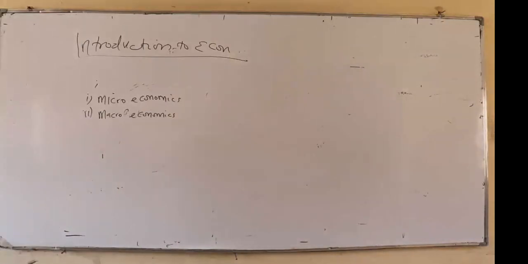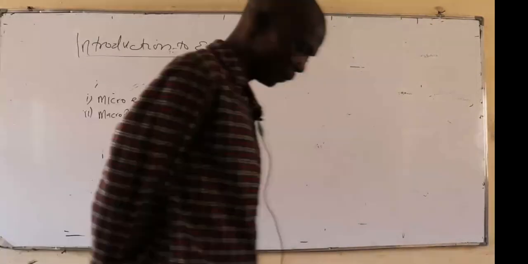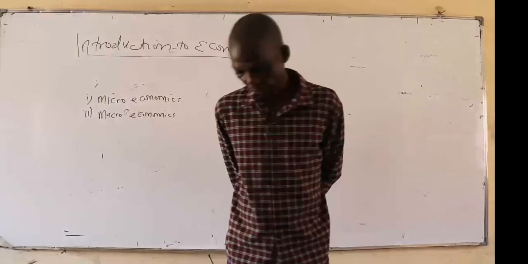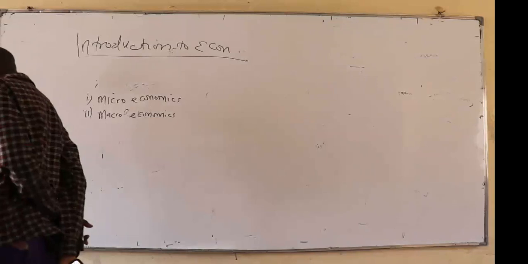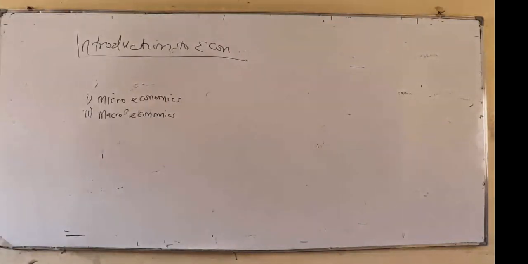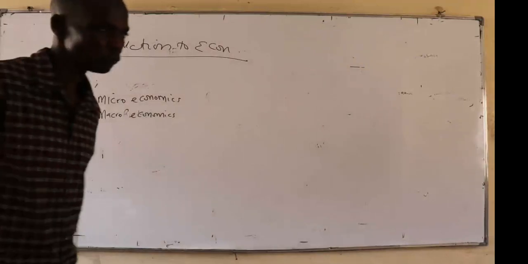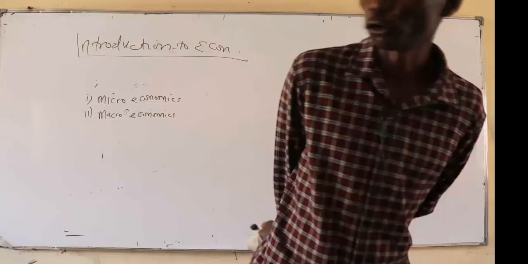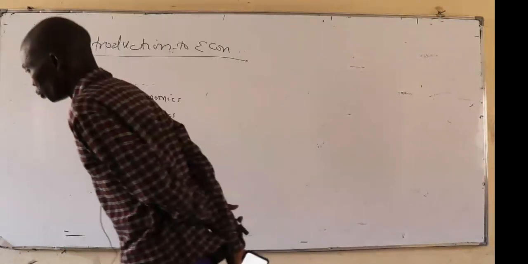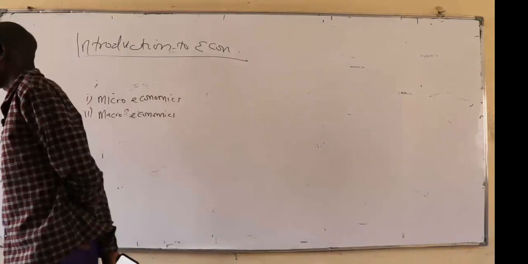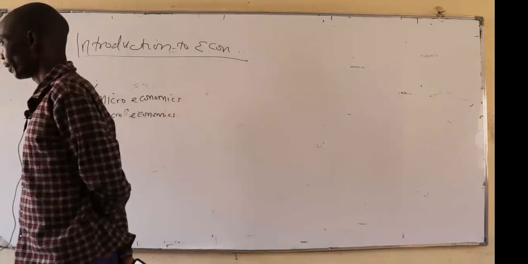So if you say free market economic system, you're also correct. If you say planned economic system, you're also correct. If you say mixed economic system, you are also correct. So we are saying that economic system basically relates to the way in which different societies try to solve the three basic economic questions of resource allocation. How do they solve the question of what to produce, how to produce, and for whom to produce? And because those three basic questions in economics are a matter of how we allocate our resources, because whatever we are producing, resources are required.